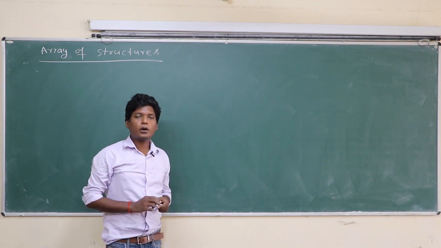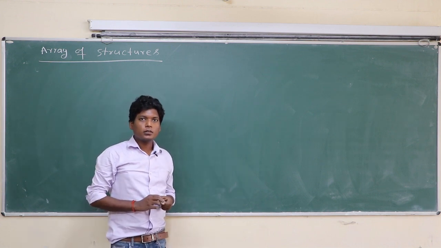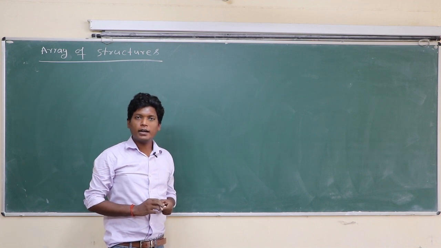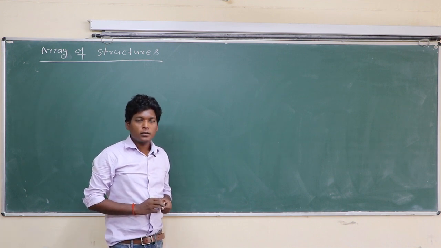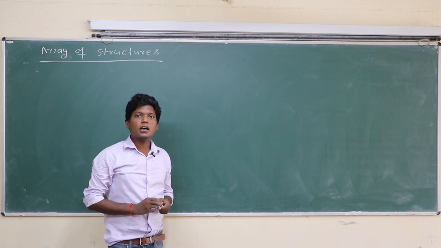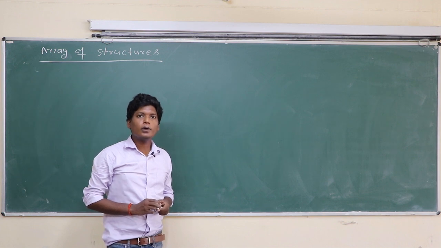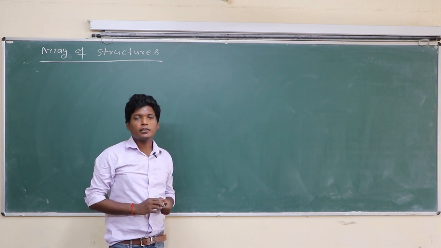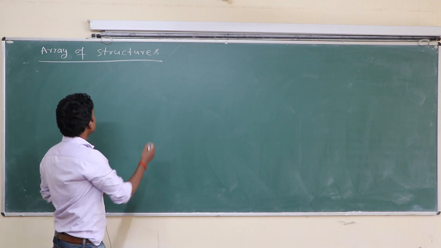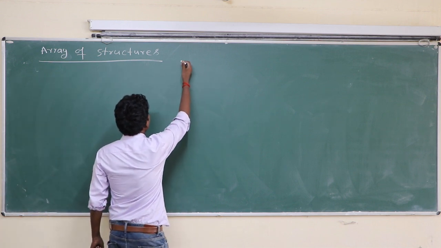Problem: write a program in C to input the details of 100 employees and print the details of those employees who have salary greater than 10,000 rupees per month. Okay class, so here is a